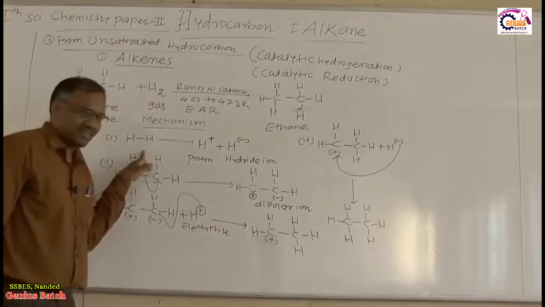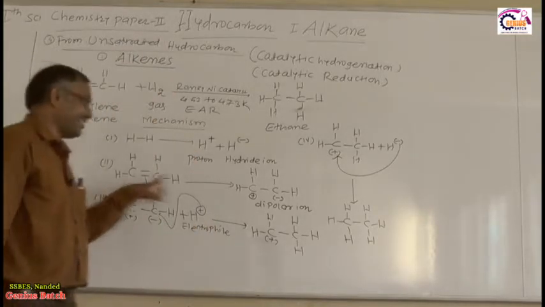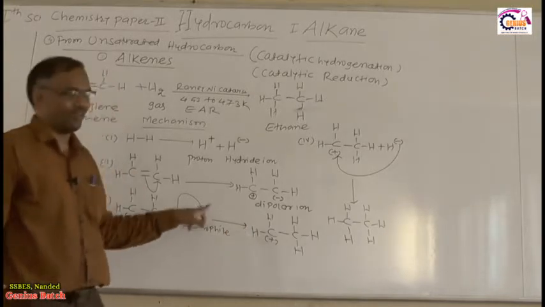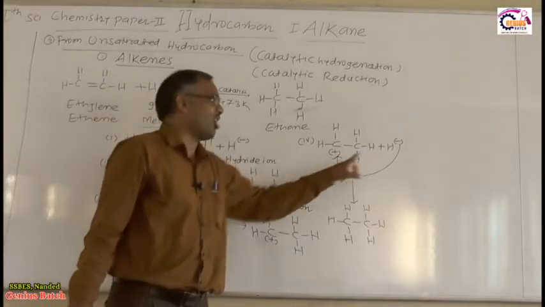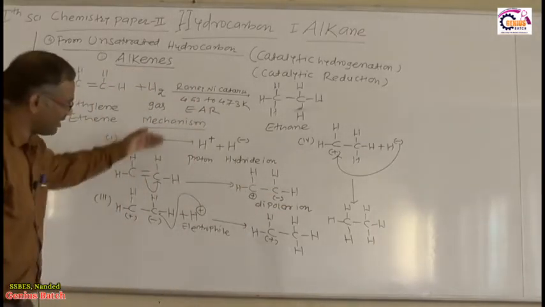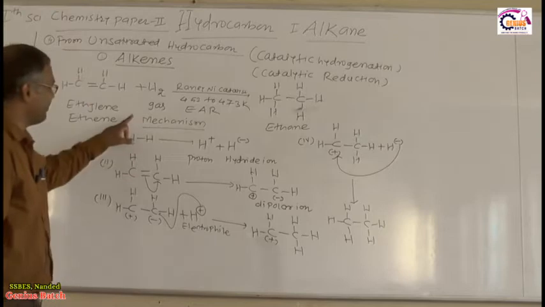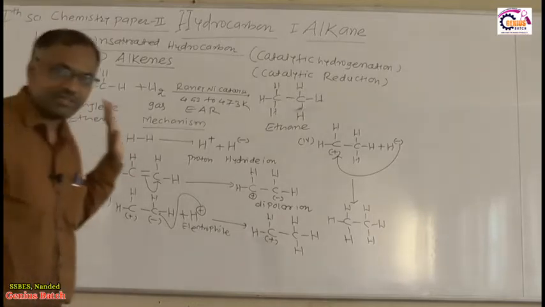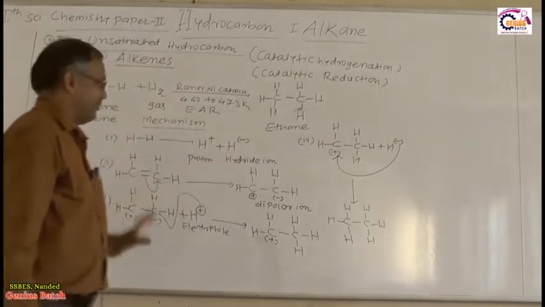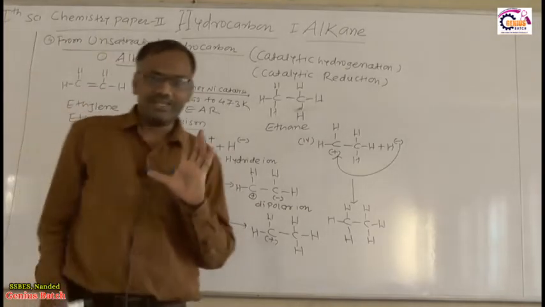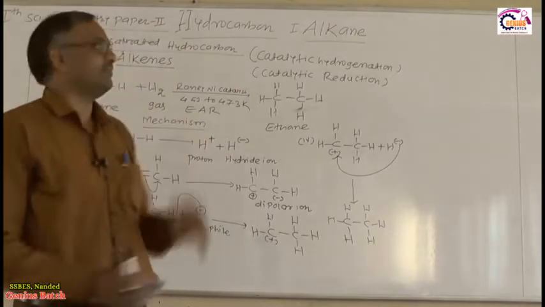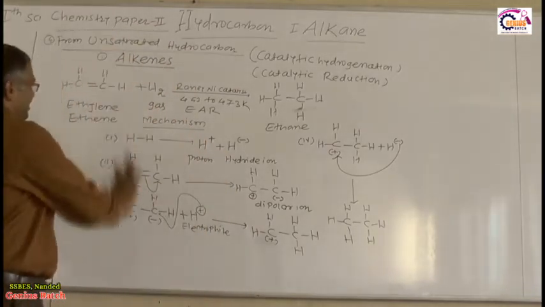So this is the first step, ionization. Second step, shifting of pi electron. Third step, addition of electrophile. Fourth step, addition of hydride ion, that is the nucleophile. These are the minute steps involved in the chemical reaction, that is called the mechanism. So have you understood how the product ethane is produced? Mechanism is also very necessary to understand the reaction easily. So this is the first example.